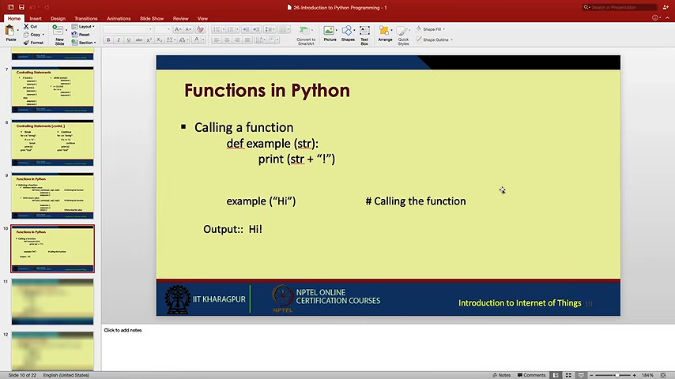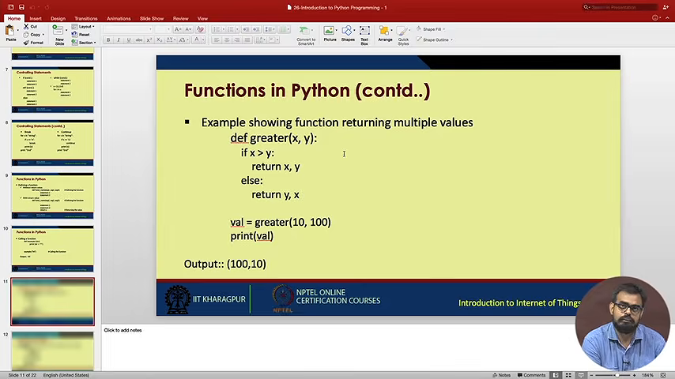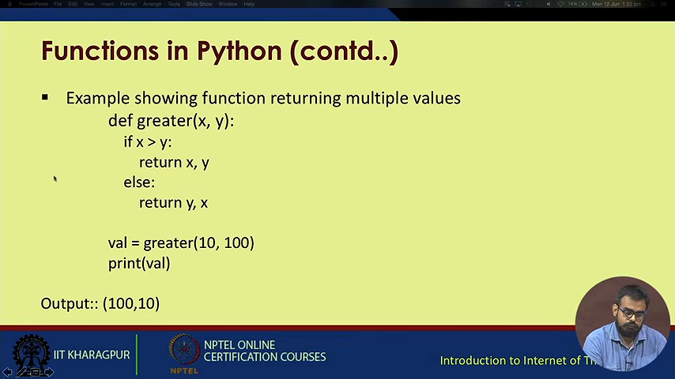Now, since defining a function has been covered, similarly you can define various other functions. Suppose you take in 2 arguments and define which one is greater or which one is lesser. So you check whether x is greater than y, it will return x and y, else it will return y and x. So outside this function definition, you assign this function to a variable as greater, with 2 values as 10